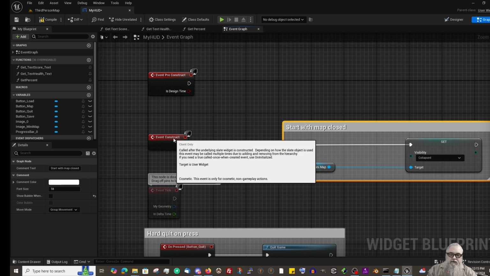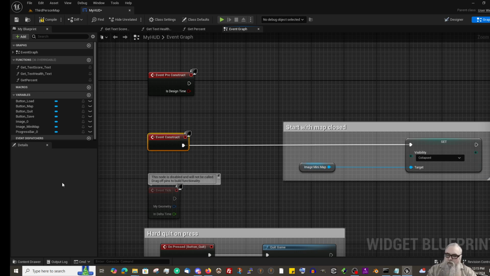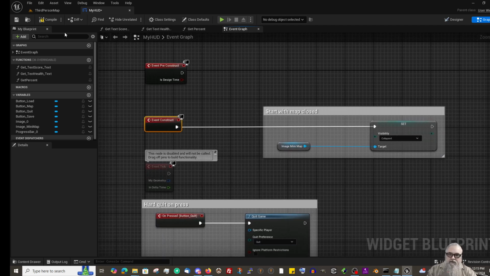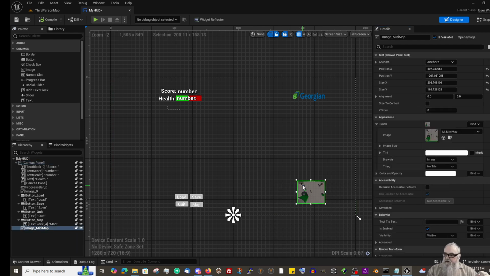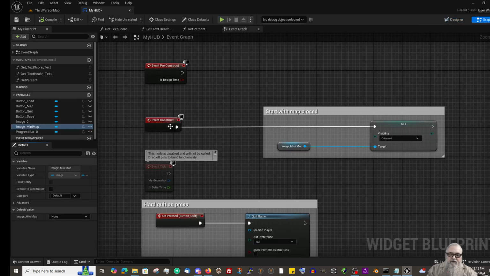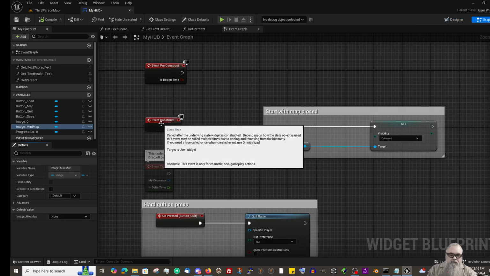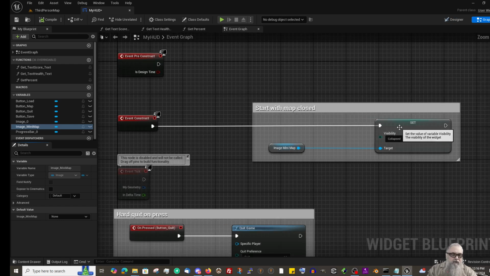So this is like the event begin play, but when this menu is first created, go back into the designer, you can now see that it is there. Pre-construct is like the construction script in our blueprints. So what I actually wanted here was event construct. When this menu was started, I actually want to go in and set that minimap material to collapse so that